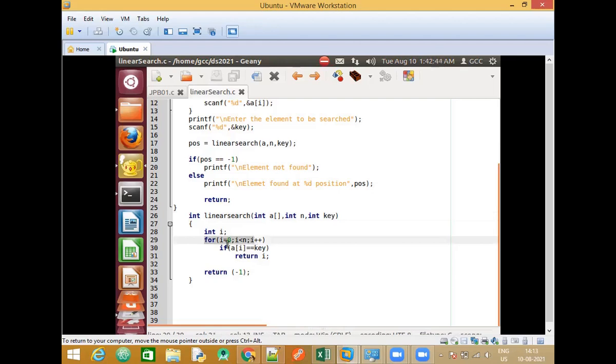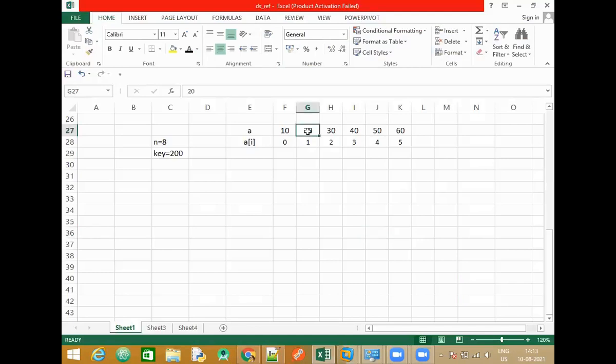We start the iteration again. Since it is a linear search, we need to search in linear order, either left to right or right to left. So we have started the loop again. Every time we compare the element with the key element. Now let's do the tracing so that you can understand this. Let me just change the order for this. Okay. So let the key element be equal to 22.